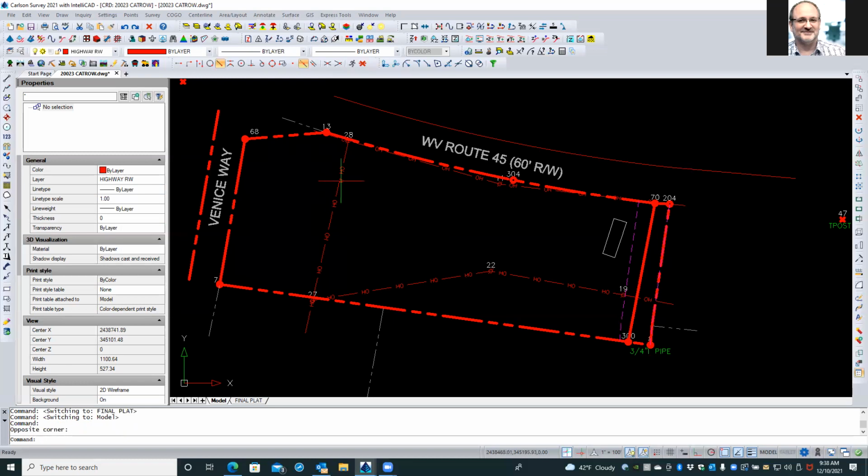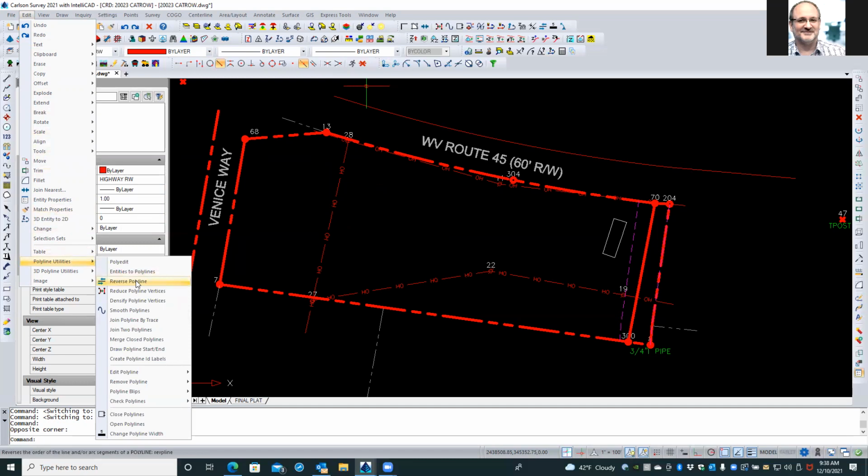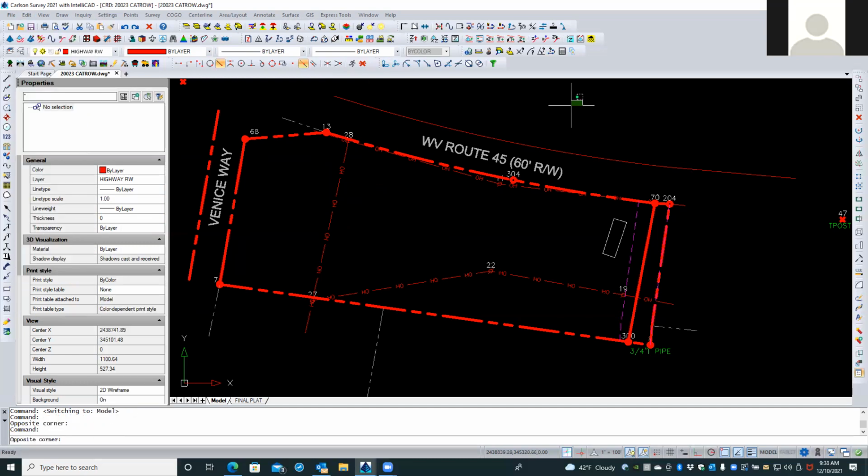So what we need to do is to reverse the direction of that. So instead of under the annotate, we're going to look at it on the polyline toolbar. It's also under edit polyline utilities. Reverse polyline, you see that icon? So up there it is on our toolbar right here. And if we click this,